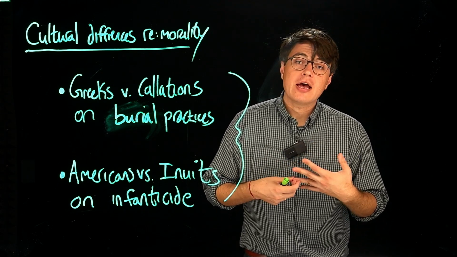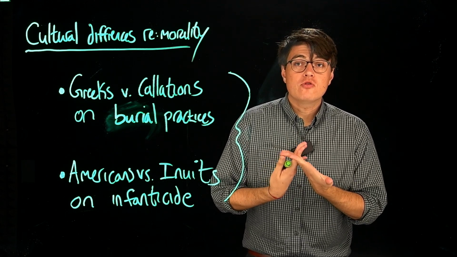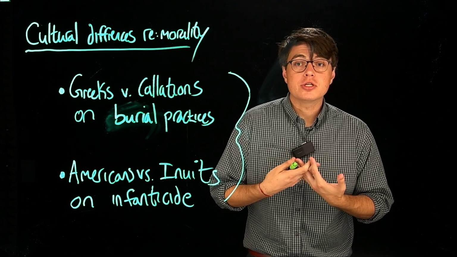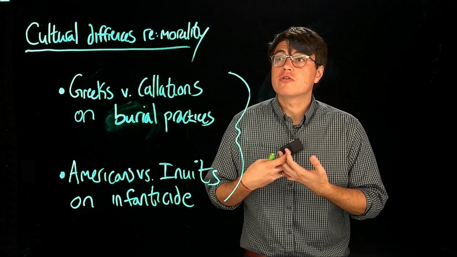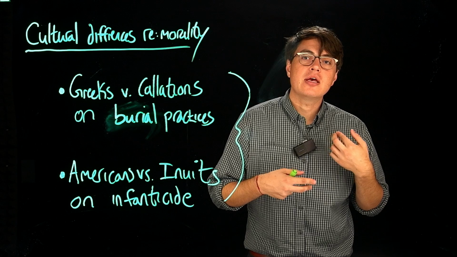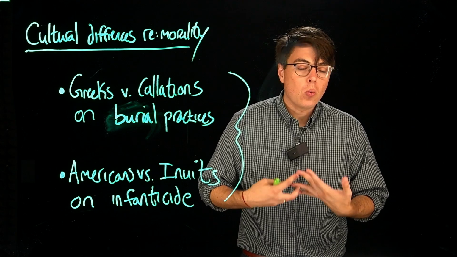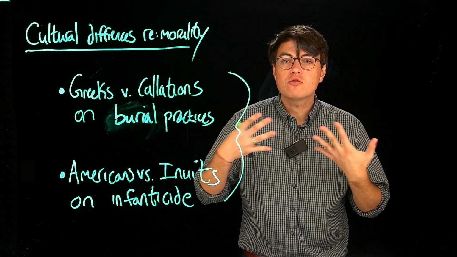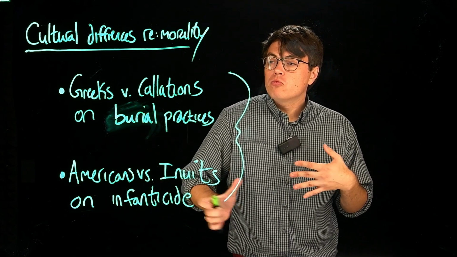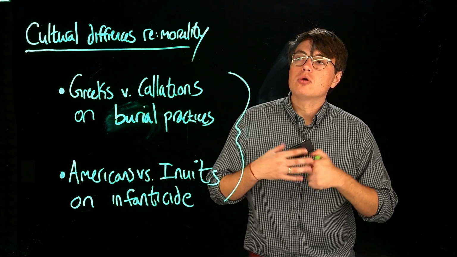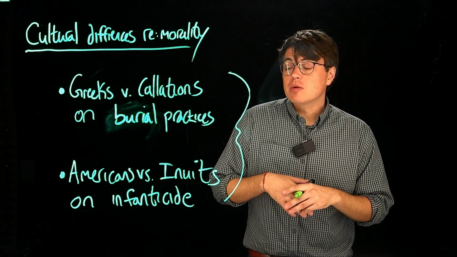Now, sometimes this is at the level of conscious beliefs. You could characterize it as a disagreement between two cultures regarding one and the same moral proposition. Other times, it's more complicated because the proposition may or may not enter consciously into the individual's moral code. It could instead be what is broadly practiced and whether or not it's thought of morally or not. Two really vivid examples of cultural differences regarding morality that we get from your reading, the James Rachels reading.